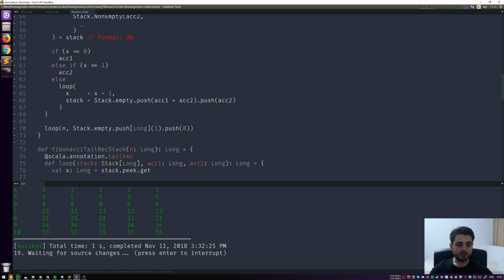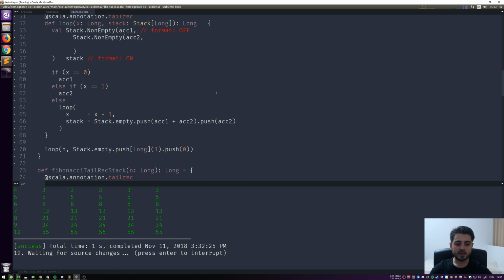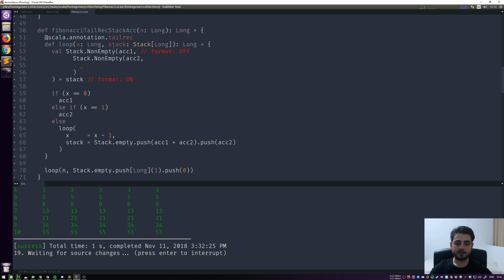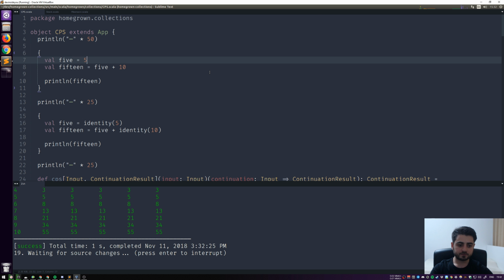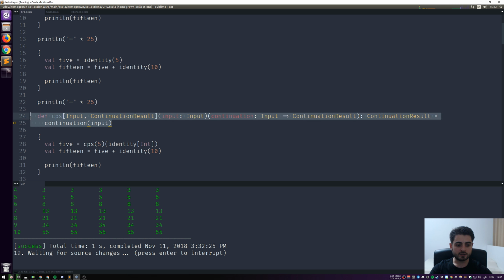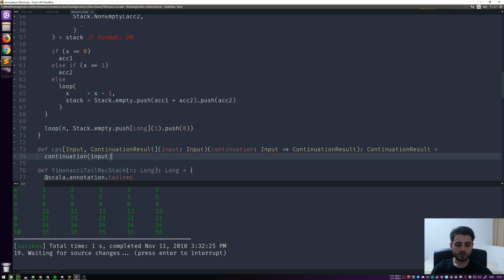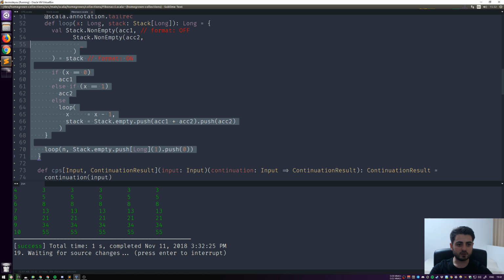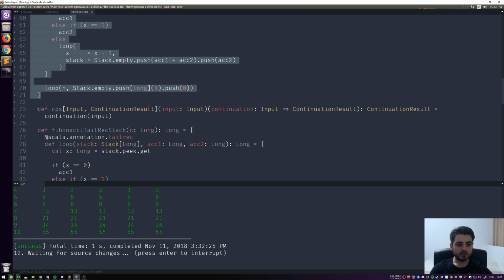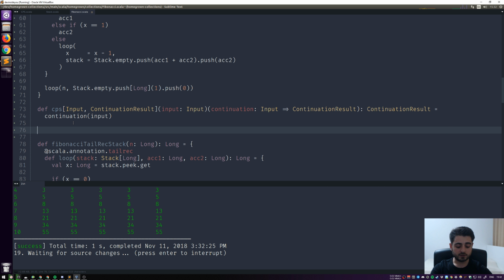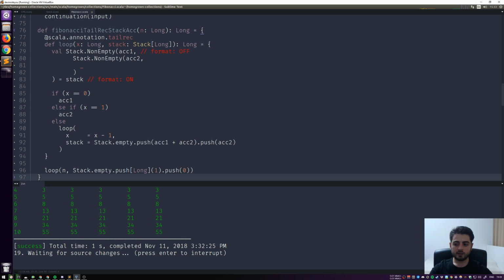Okay, so let's go back, and what we can do now is see how continuations can do what the stack did here for us, because we're going to use the continuations in this position and not in that position. So the first thing we're going to do is go to CPS and copy paste this helper. This is the helper that we used in the video about CPS. So we're going to insert it over here, and I'm going to call it Fibonacci